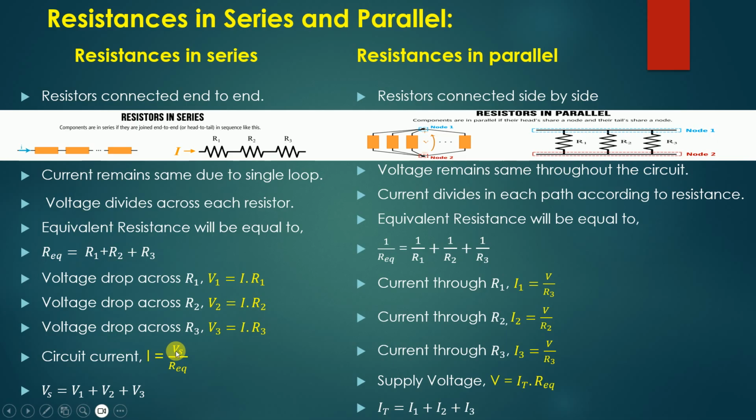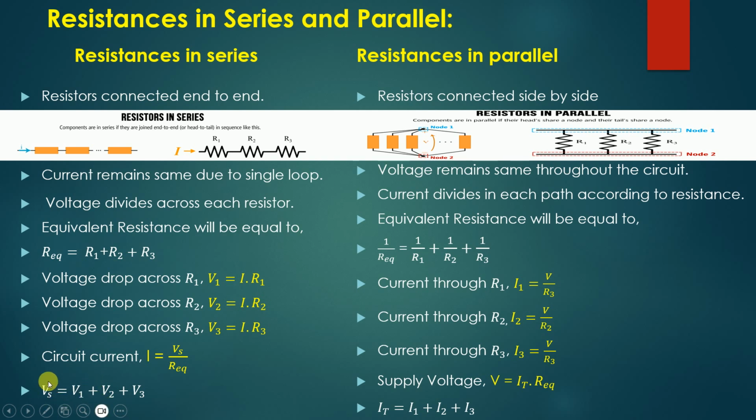I is equal to Vs, the supply voltage, over Req, the equivalent resistance. So this will be the formula to find the total circuit current in the series circuit. Now if we add these three voltage drops across all the resistors which are connected in series, then its sum will be equal